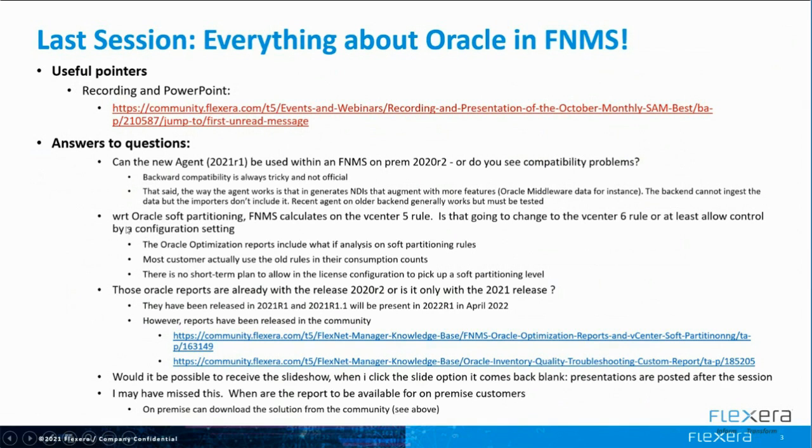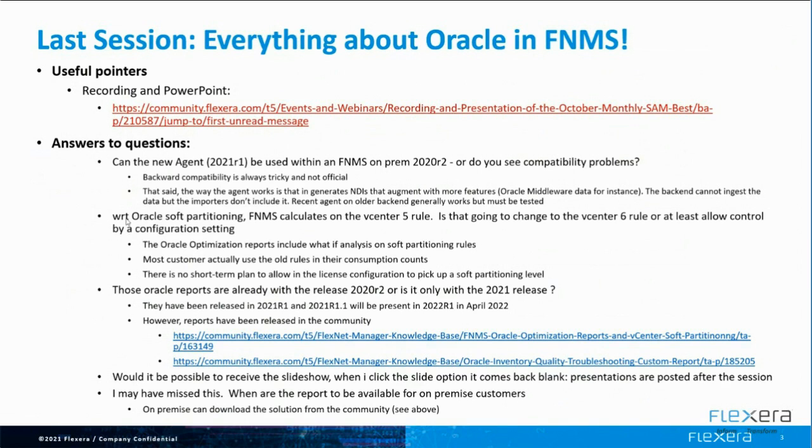Second question, which was related to Oracle soft partitioning. Somebody asked, if FlexNet, so FlexNet today is computing the soft partitioning using the vCenter rule, which is if one VM is in a cluster, the full cluster should be licensed for the application. FlexNet today in the license logic doesn't allow to pick what different level of soft partitioning we would like to